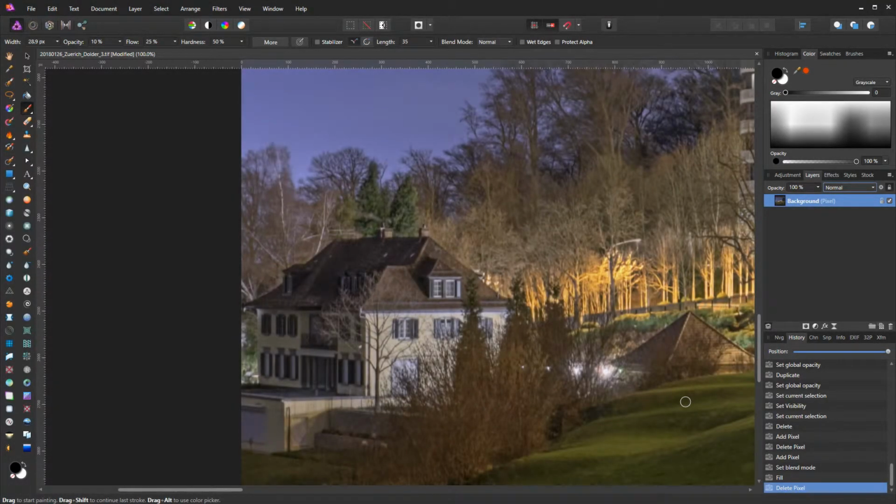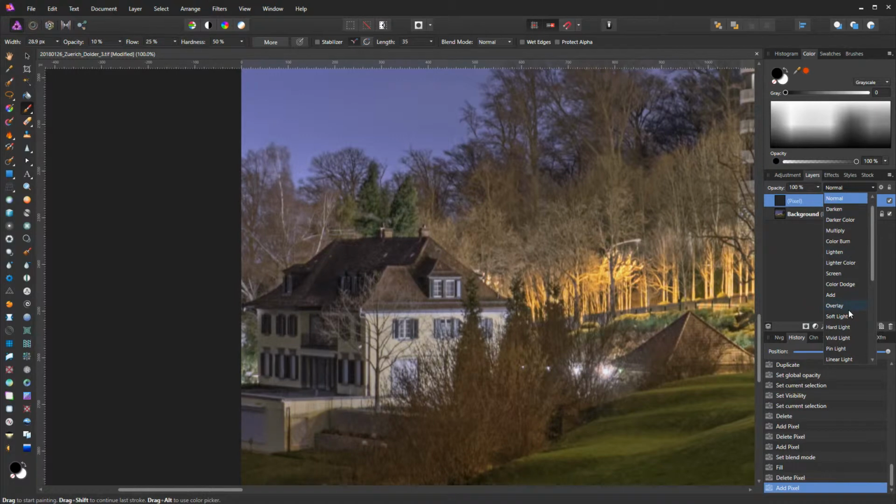Next, I'm showing you a nice trick how you can fine-tune the effect even more. Let's take a look at this area over here. We have dark bushes and bright lights. Let's say we want to brighten the dark bushes, but not the bright lights. We want to leave them alone. For this, we create another empty pixel layer. Once more, we set the blend mode to overlay,